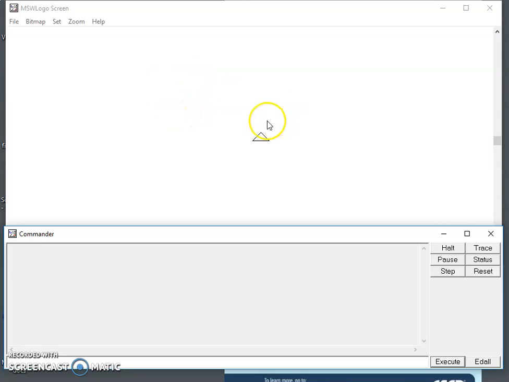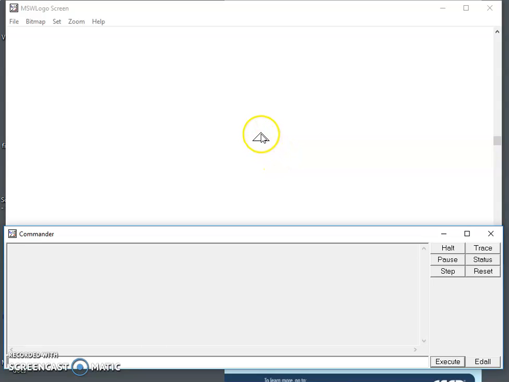The first part is called the main screen, where you can see my pointer is, and this is the main area where you see the output of your Logo commands. It has an object like a triangle somewhere in the center of the screen. This object is called the logo turtle, and this is the object that moves according to your commands. So whatever commands you give to Logo will create drawings according to your commands, and this logo turtle will move on this main screen. So the main screen is the main output window of your Logo programs.